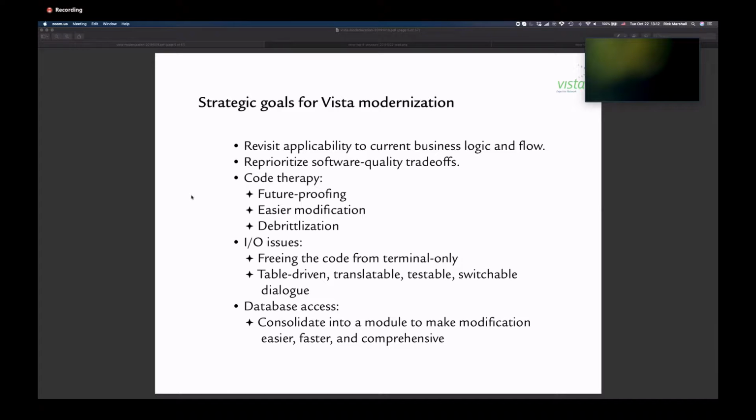Because of the trade-offs that were made in 1984-era MUMPS, a lot of code is not very readable. Frequently it's not very maintainable or changeable either. It's often very brittle. It works great. There's nothing wrong with it until you go to try to update it. And when you try to update it, you'll find